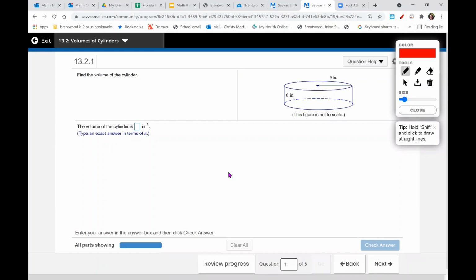First of all, I hope you notice that the top and the bottom of this cylinder is a circle. So I'm going to see if I can hold my water bottle up so you can see it. Here's the top of my water bottle. It's my lid. It's a circle. The bottom is not a lid and it's not the same size, but the bottom is still a circle. So a cylinder is made up of a top and a bottom that's a circle, and then the sides are kind of like a curved rectangle. You've done circles before in math in your life, so you should know that anytime we're working with circles,